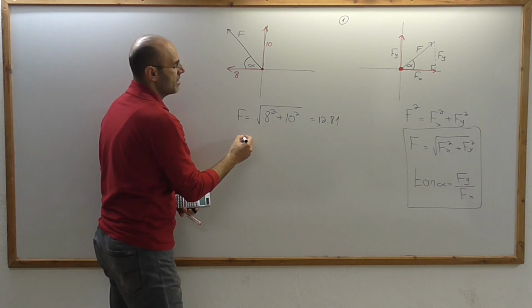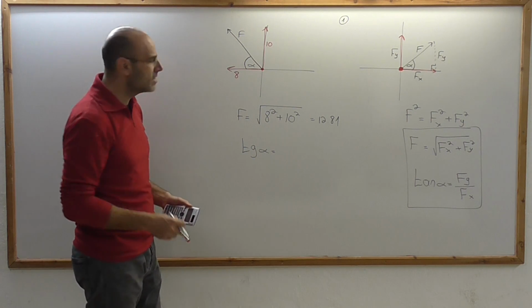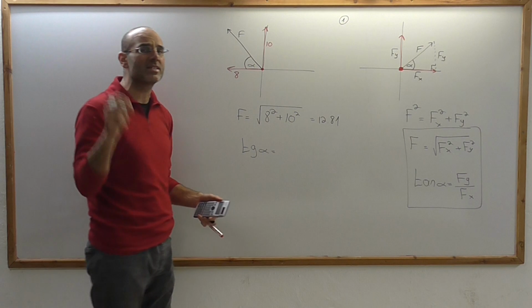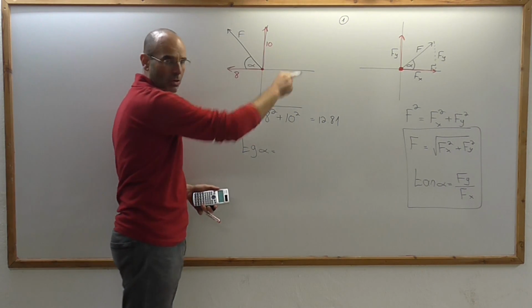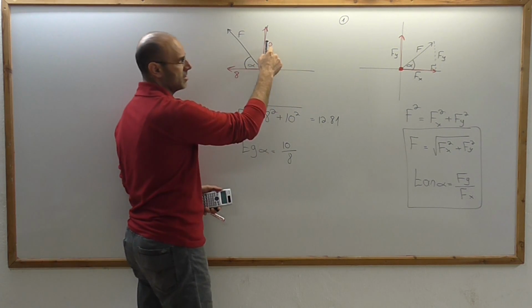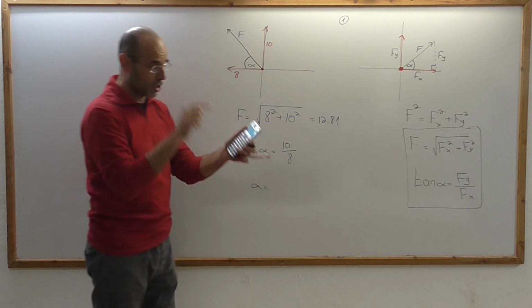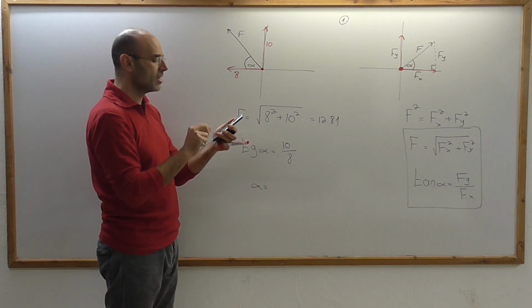And if I want the angle, tangent alpha is equal to always Fy over Fx, and if you do so, you will always get the alpha beside the x pole, okay? So if we do 10 over 8, this is Fy, this is Fx, and in order to get the alpha, shift tangent 10 over 8,